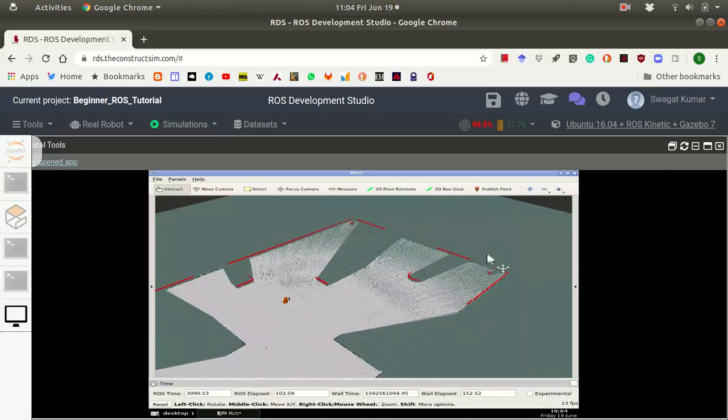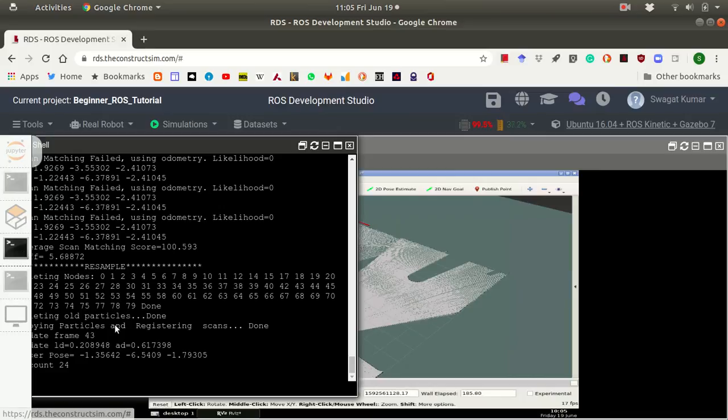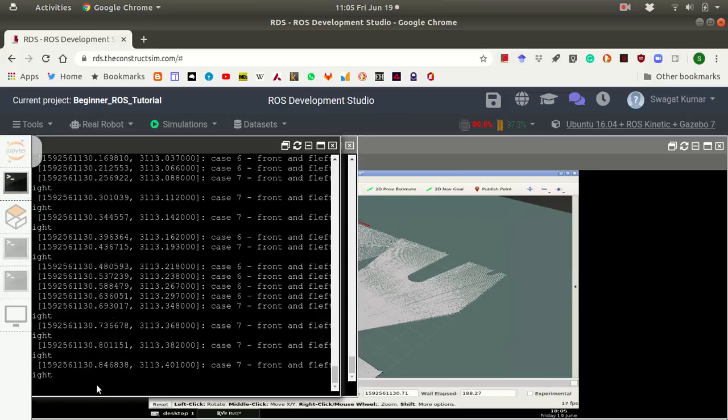You can of course upgrade it and go for a better configuration with GPUs and everything, but that will cost you money. So my conclusion is that if you want to do really serious work with ROS, it would be better to install Ubuntu and ROS yourself, which is completely free, and then you can probably do more complex programs. All right, so it's just a demo, but nevertheless it's a good platform, and a lot of